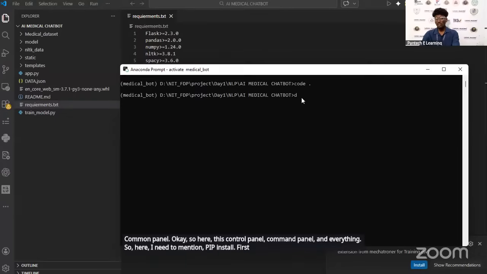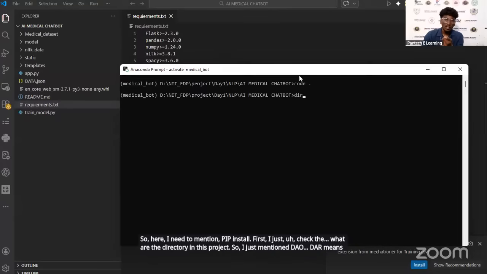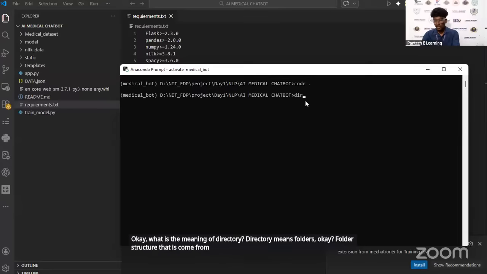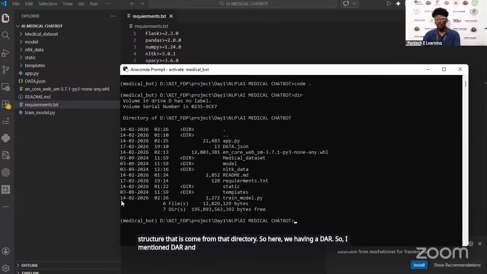First I check what is in this project directory, so I type dir, which means directory. Directory means folders, the folder structure. I type dir and press enter, and it shows the files we have in this folder.